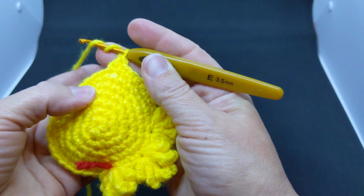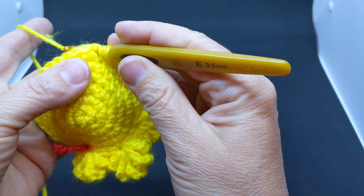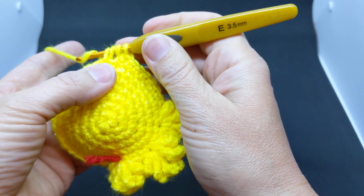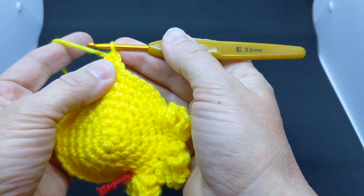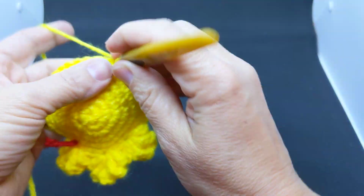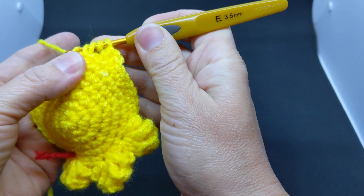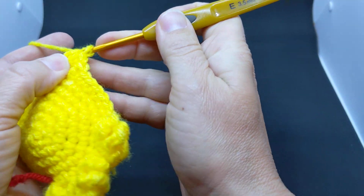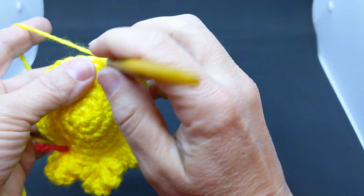So we wrap twice, go through the next stitch, yarn over, pull through. We have 4 loops on the hook. Yarn over again, go through 2, yarn over again, go through 2, yarn over again, go through 2. Okay, wrap twice, go through, yarn over, pull through. 4 loops on the hook. Yarn over, go through 2, yarn over, go through 2, yarn over, go through 2. Wrap twice, go through, yarn